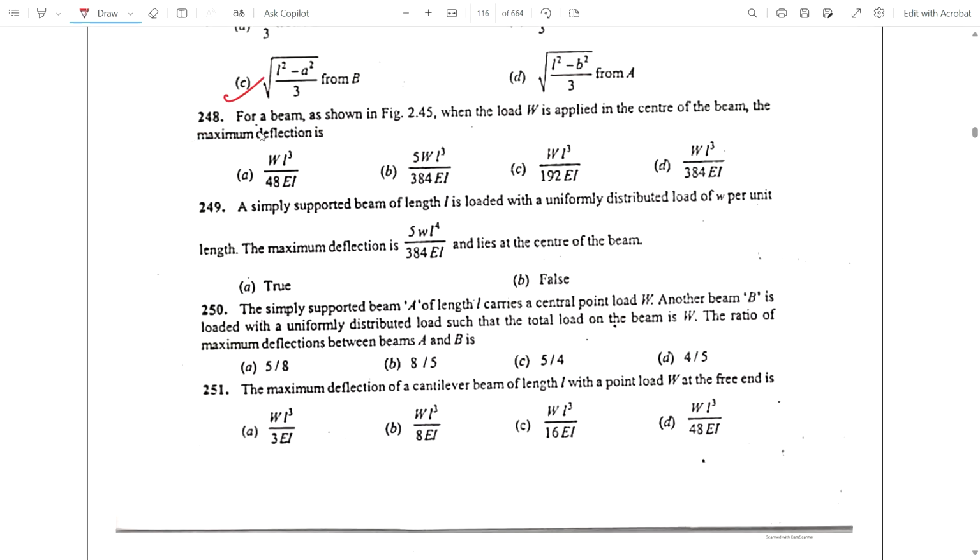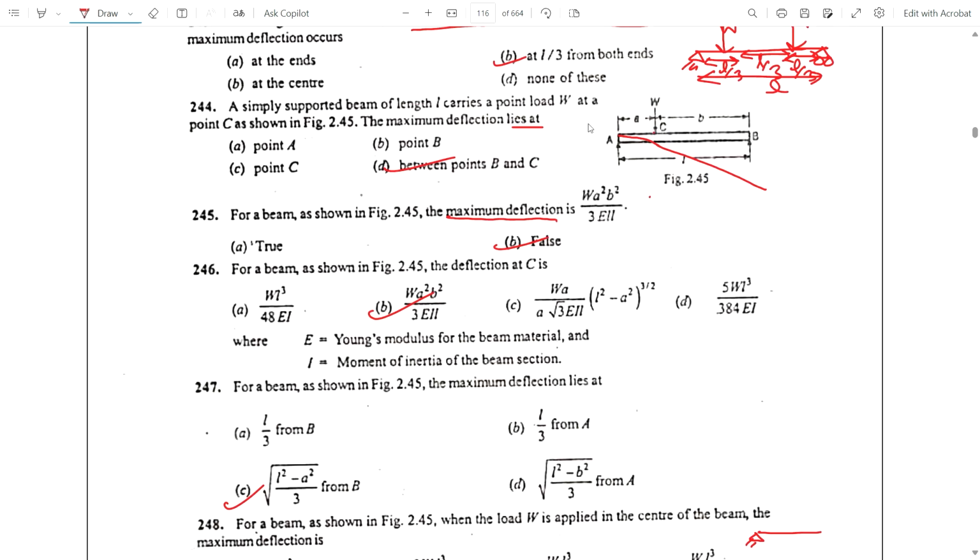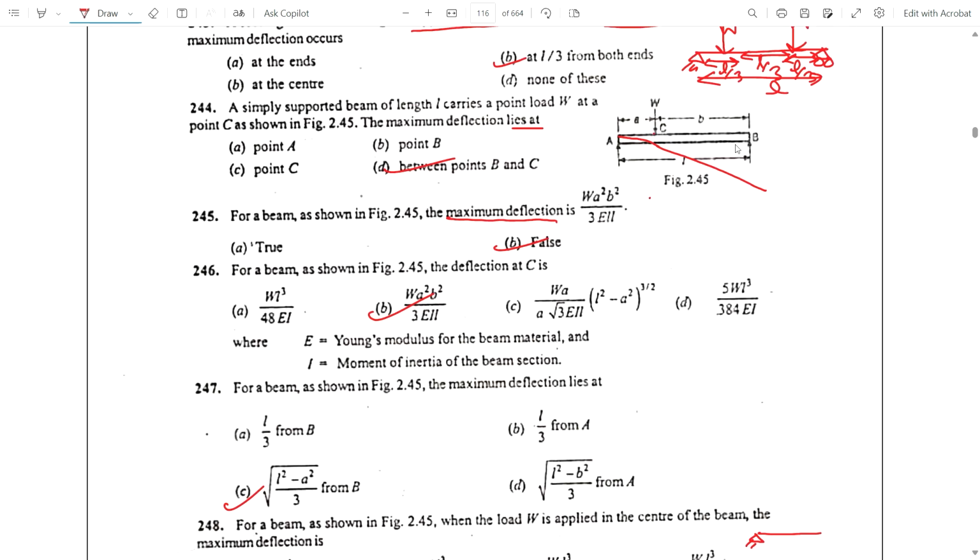For a beam as shown in 2.5 and load W is applied at the center of the beam, if I put it at the center, then what will be the maximum deflection? Is it a cantilever beam? It is not cantilever, it is a simply supported beam, right? If we put the load in the middle,